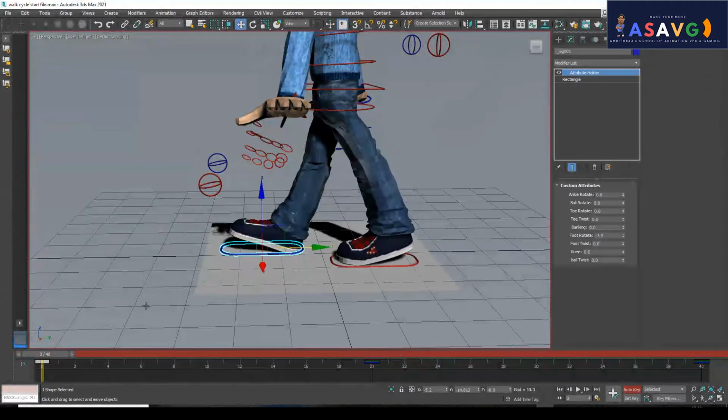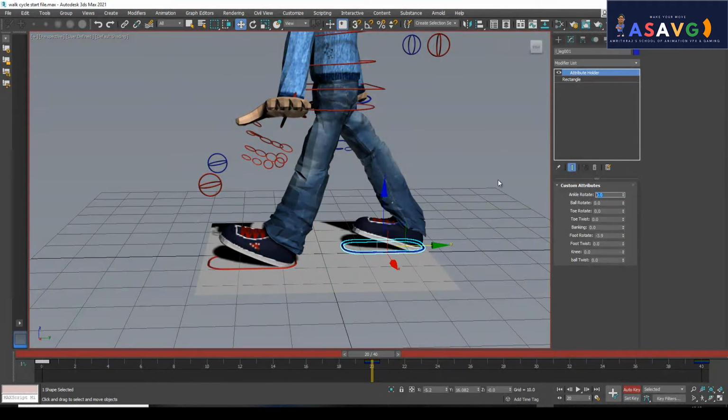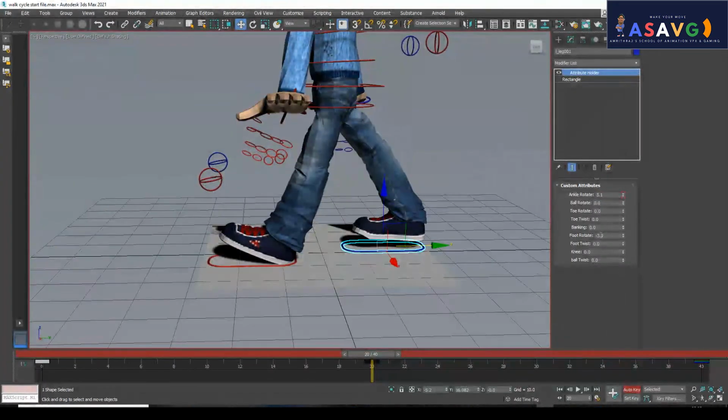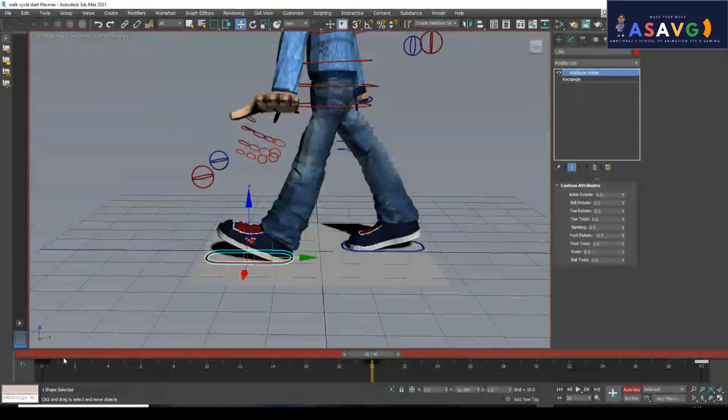So I will be selecting this controller and seeing the attribute ankle rotate 3.1. Okay, so use the same thing, ankle rotate 3.1. If foot rotate is there, make it 0. Understand? So I will click here and foot rotate minus 4.7, right?